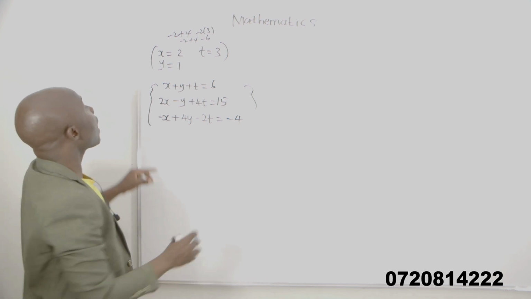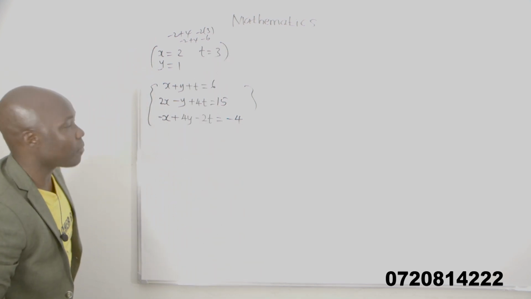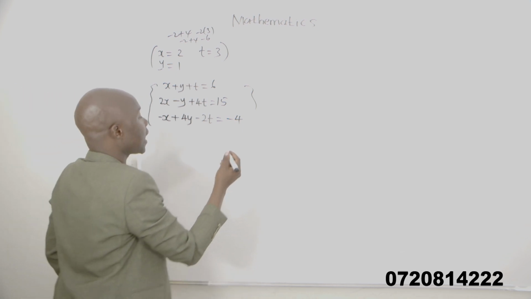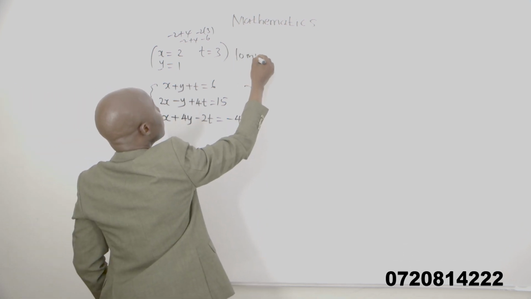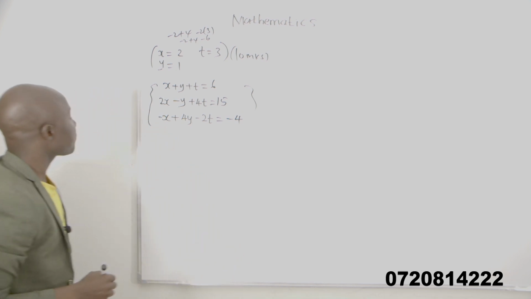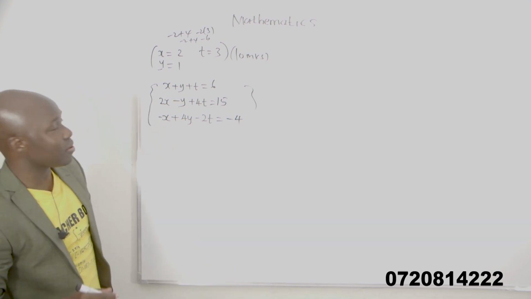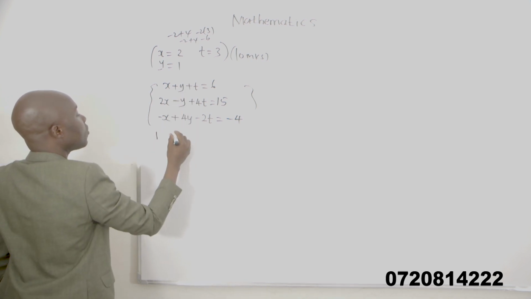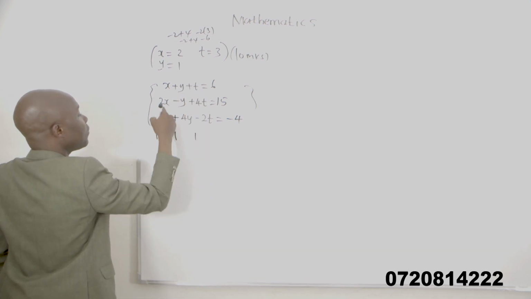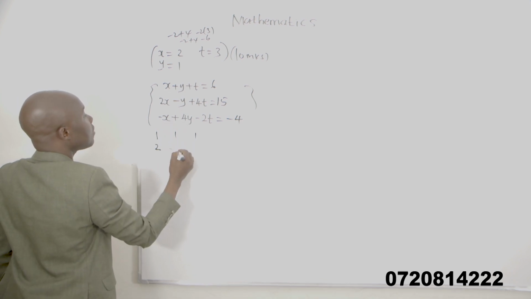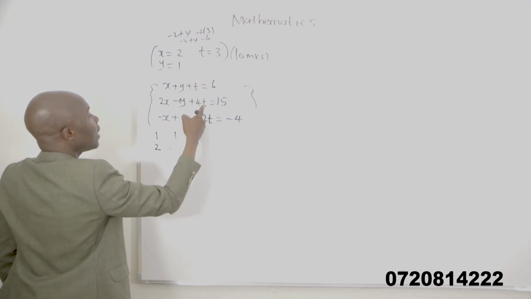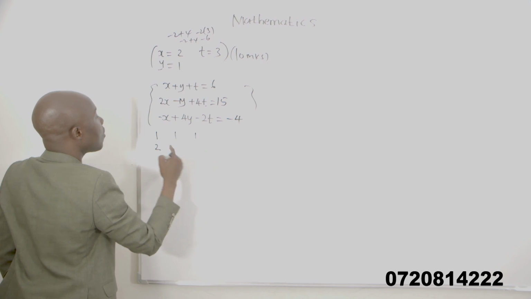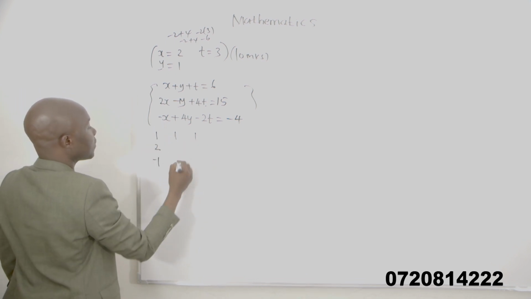Number one, now we know the values. Assume we did not know. If you did not know, this can take about 10 marks to those people in A levels. First of all, you come with what is called the coefficient matrix. The coefficient of x is just 1x, then 1y, 1t. Then we go to 2, negative 1, because it is just minus 1y, plus 4, then negative 1,